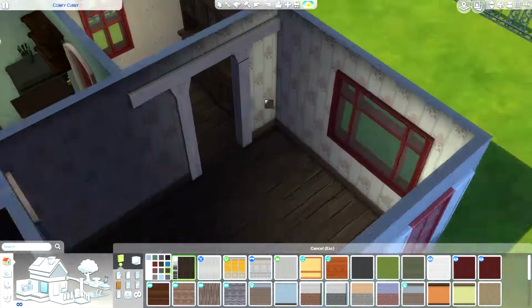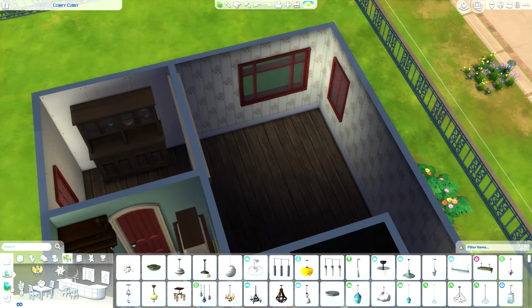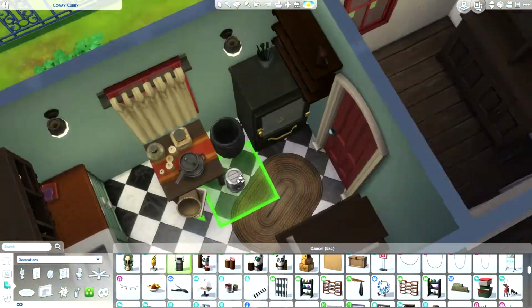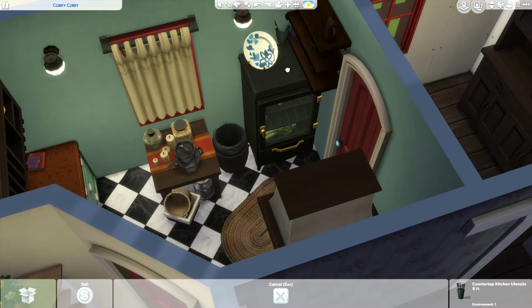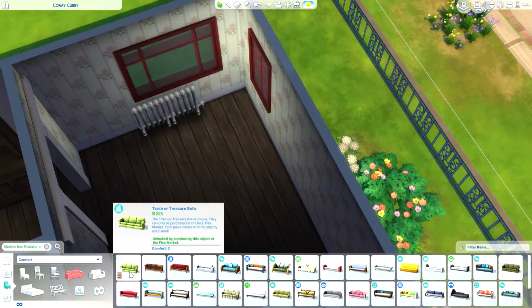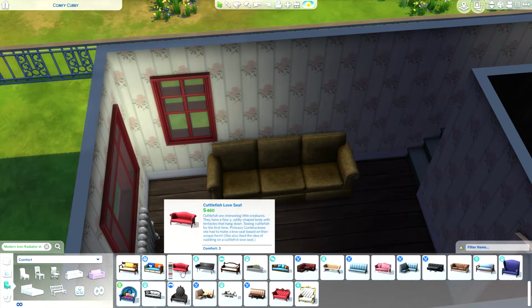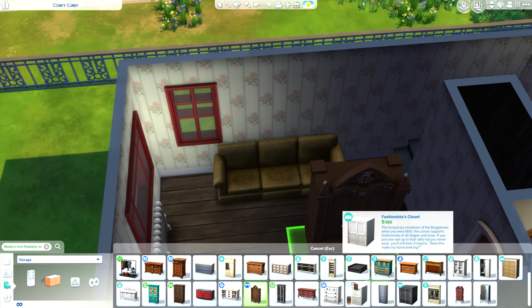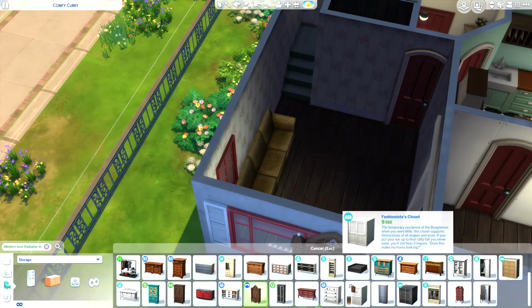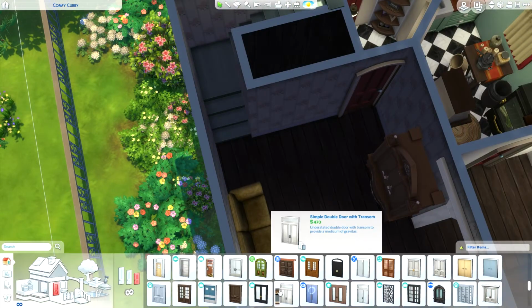So it seemed like floral wallpaper was very popular at the time, mostly the kind that you would match to everything. And I think that's a very widespread Western trend of the time, to have matching wallpaper with your curtains, with your couch, with everything. So obviously we don't have that in The Sims 4, so I just went with floral and eventually some floral-ish